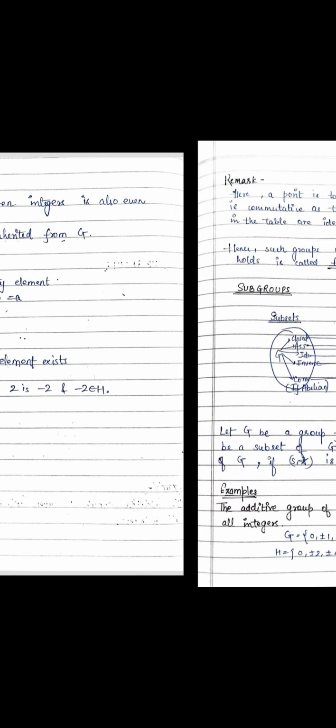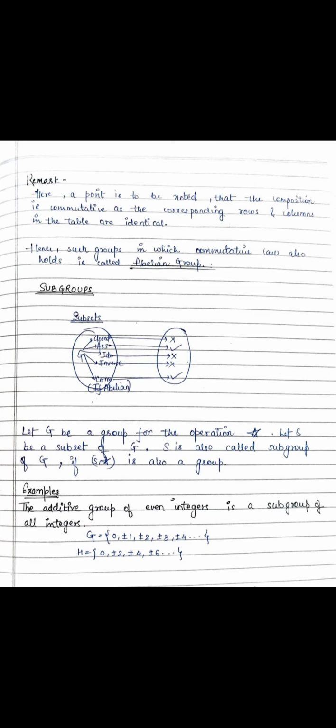The fourth property is existence of inverse. Here the inverse of every element exists. As you can see, the inverse of +2 is -2, which also exists here. The inverse of +4 is -4, which also exists here. The inverse of -6 is +6, which also